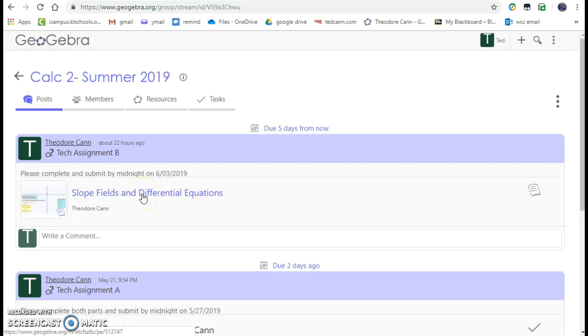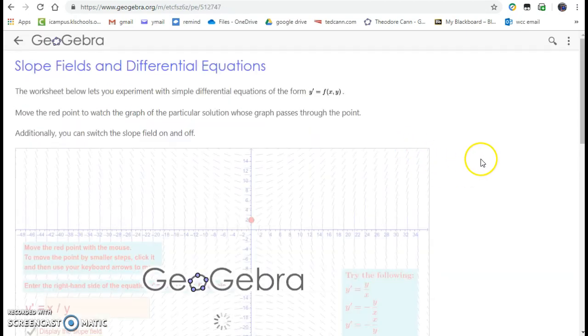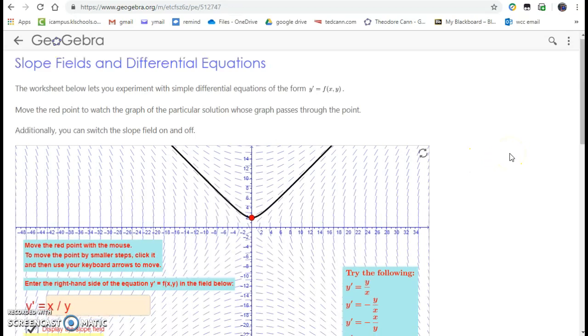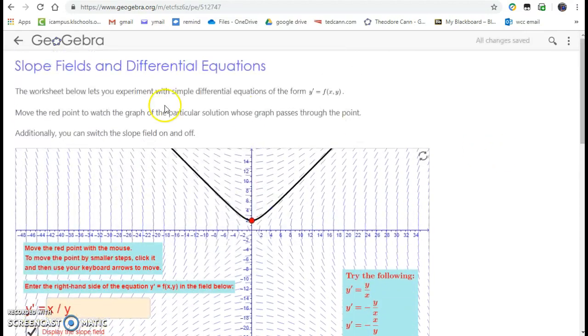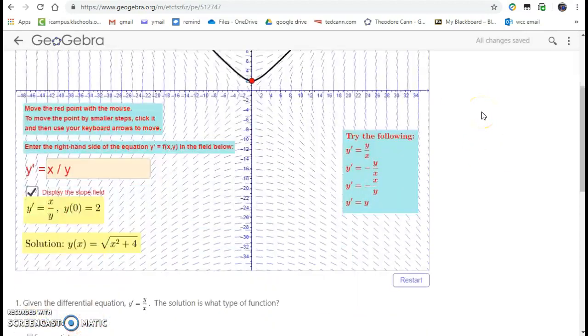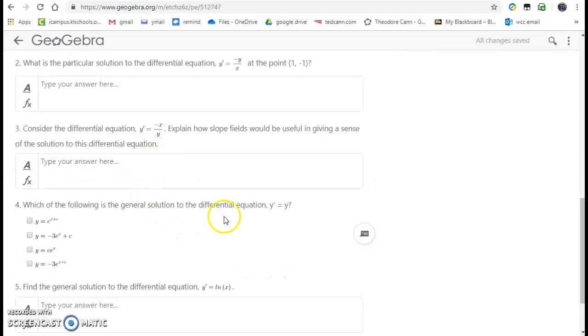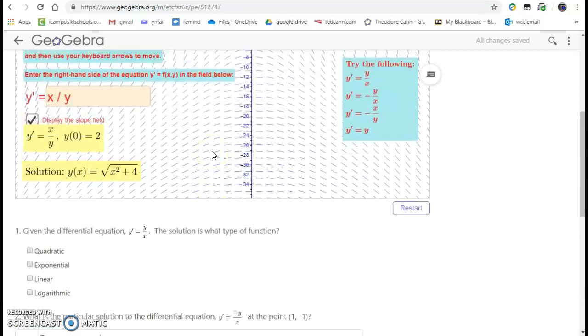This is going to be a short video because there isn't much to really explain. So you click on the little notebook, and it brings you to the applet. And all you're really doing is exploring different types of differential equations. I mean, you could read through the little preamble here, but you're going to explore different differential equations and then come up with the solutions. And then using those solutions, you'll be able to answer the questions. The idea being that each one of the questions corresponds to one of the equations in the try the following